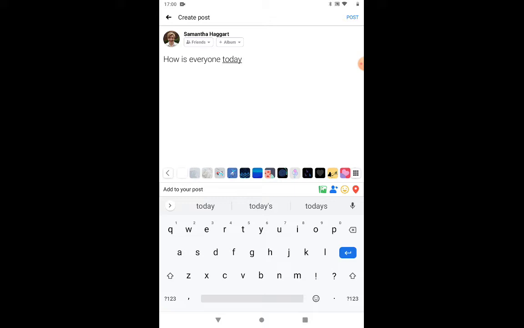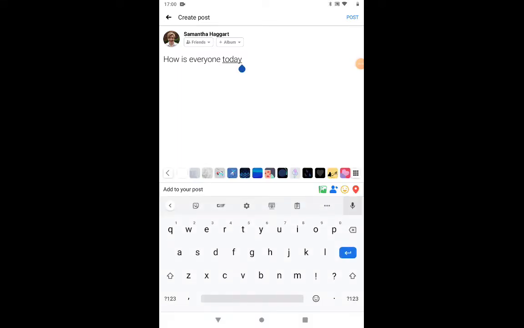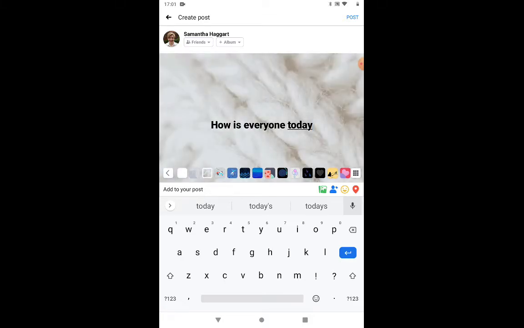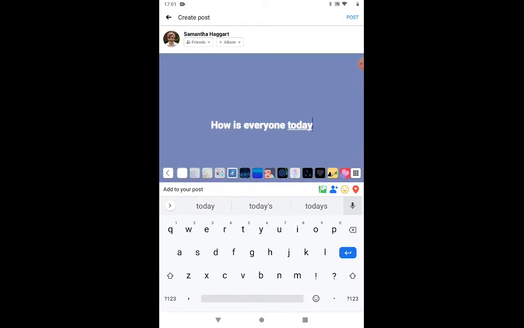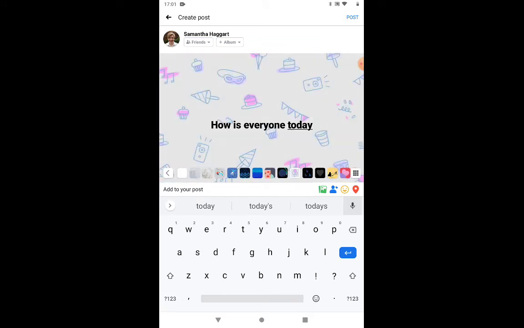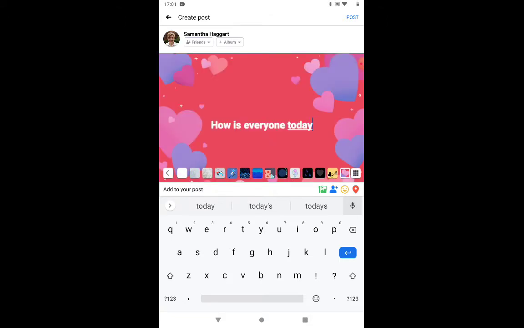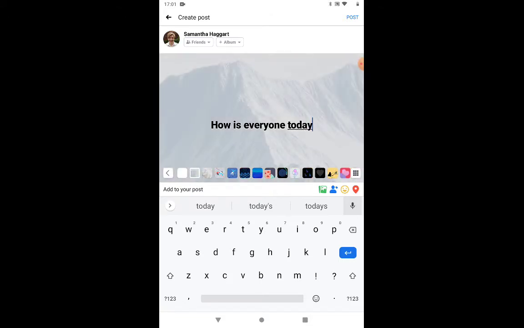So you can put something on. If you want a nice little background, just bring the keyboard back up. You can see above the keyboard I've got all these little squares, and if I just tap on them, you might see this on Facebook, that people have nice little images. So instead of just some boring text, you can put a nice little image there, and what that means is it stands out in the news feed more than one or two lines of text would.